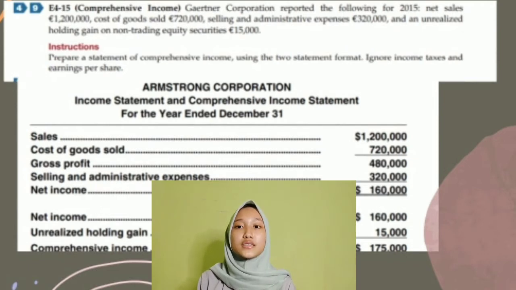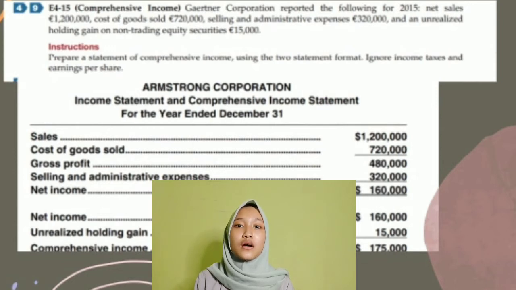The first, sales 1,200,000 minus cost of goods sold 720, and the result is gross profit 480. And then gross profit 480 minus selling and administrative expense 320, and then the result is net income